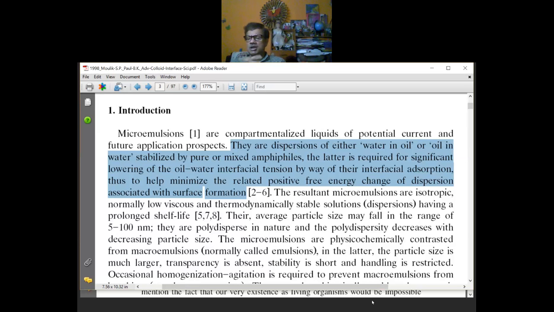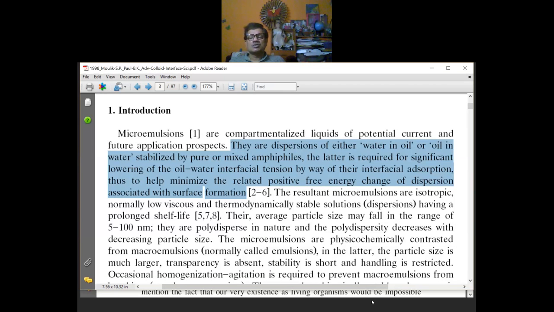Most commonly, we discuss the micro emulsion and nano emulsions as micro emulsion. We call it micro emulsion for simplicity. So what is a micro emulsion? Micro emulsions are the dispersion of either water in oil or oil in water,